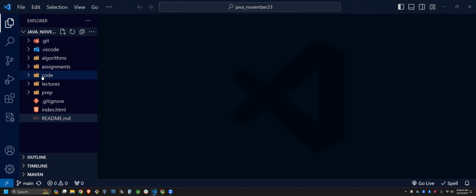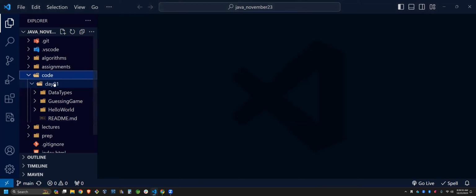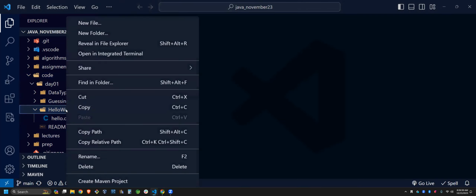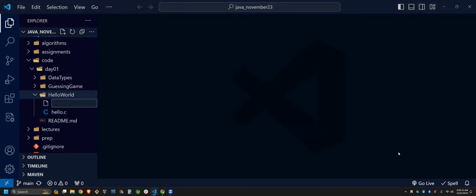I'm going to write everything in this directory called code. If you've cloned my repository and want to follow along, I'm going to be writing code in here. Inside day one, I'm going to go into hello world and make a new file, and I'm partial to Python, so I'm going to do Python.